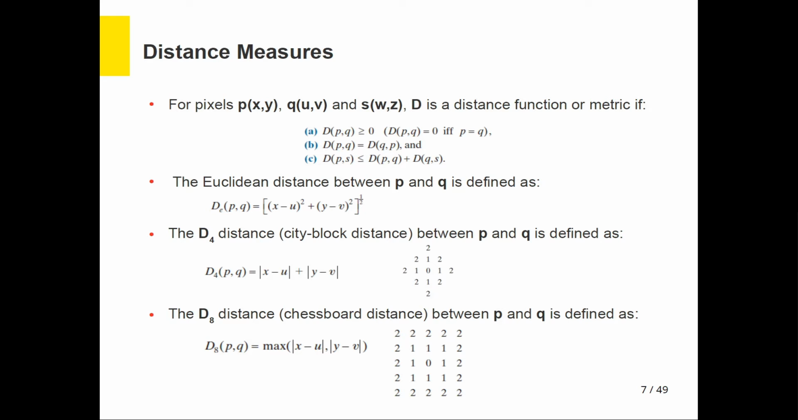The next condition is that the distance from pixel P to pixel Q should be equal to the distance from Q to pixel P, and this is very intuitive. And finally, we have the triangle condition, which means that the distance from pixel P to pixel S is less than or equal to the distance from pixel P to pixel Q plus the distance from pixel Q